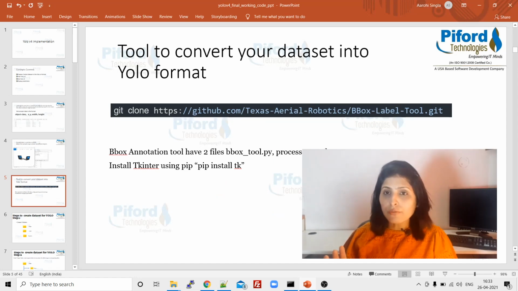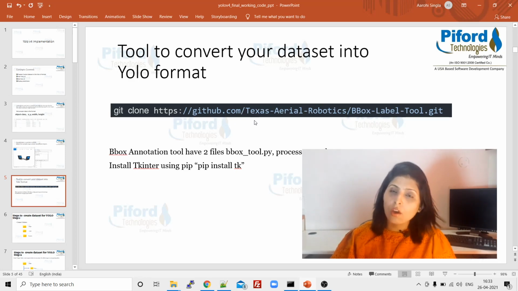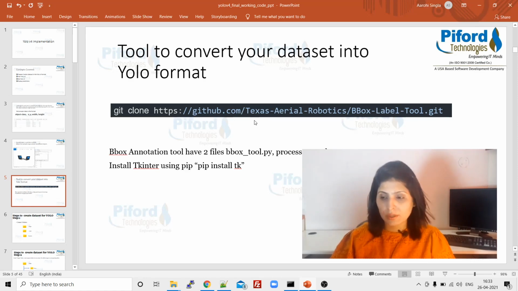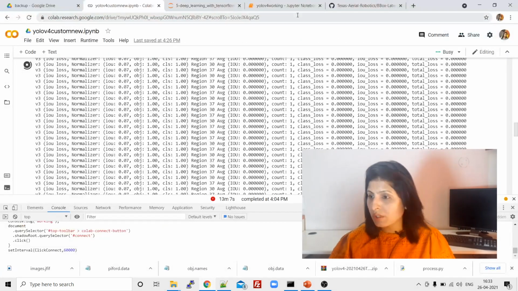For that, there is a tool, the bbox label tool. This tool is available on GitHub. You can directly download it from there. I'll mention the link in my description section. From there you can copy and clone the whole GitHub repository. Let me show you this repository first of all.